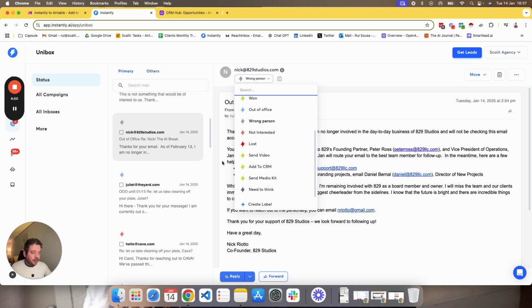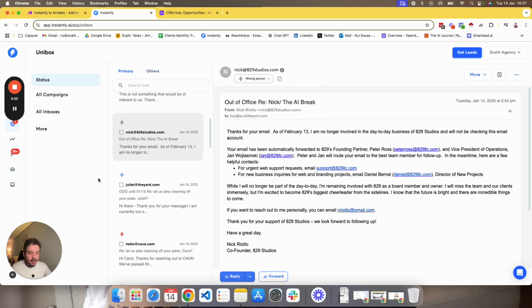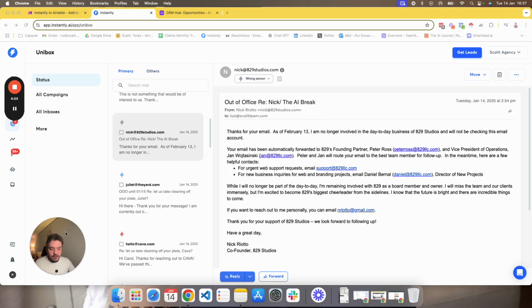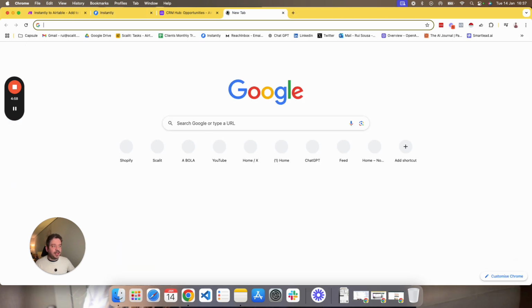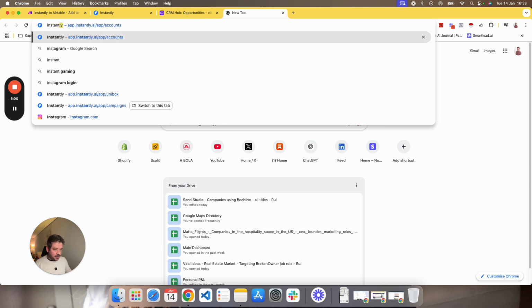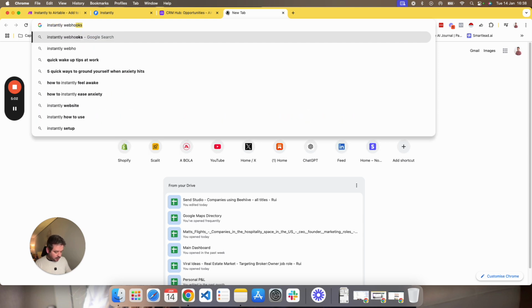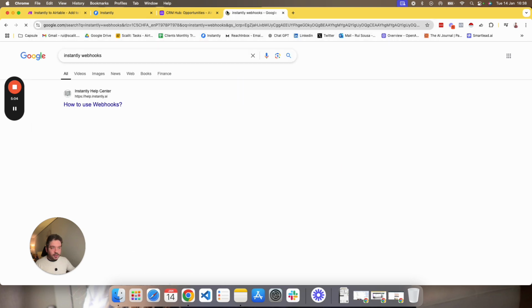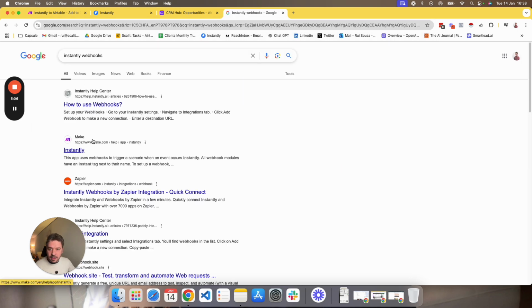Okay, so in order to do this, I used a webhook, because one of the things that you always do is that if you cannot find the app on make.com, always search for the app on webhook. So you can say Instantly and you search for webhooks. Okay, so always search for webhooks to see if you actually have webhooks on that specific platform that you want